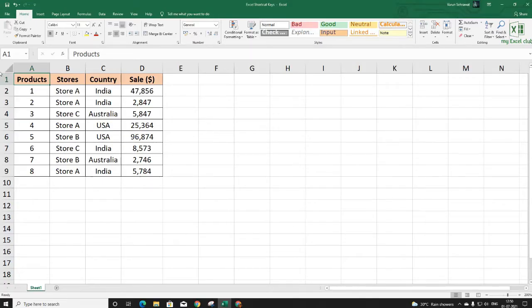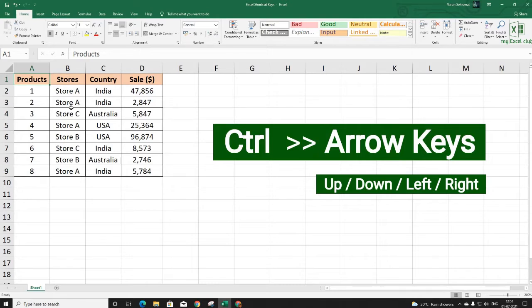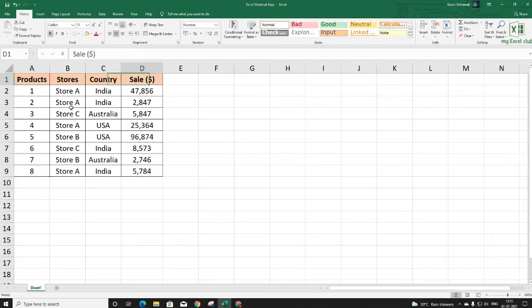If you have a very big data set in your Excel file, to jump onto the last row and column in your data, you must be using scroll bars. Today I'll tell you the fastest way than using a scroll bar, by which you can jump onto the four corners of your data. For that, press Control and arrow keys from your keyboard. So towards right, towards down, then left, then upward. So I am pressing four keys from my keyboard, and you can see that I can jump onto the four corners of my data set.